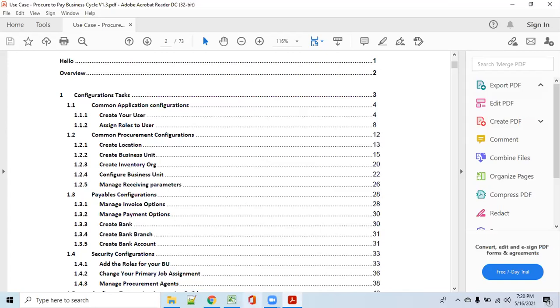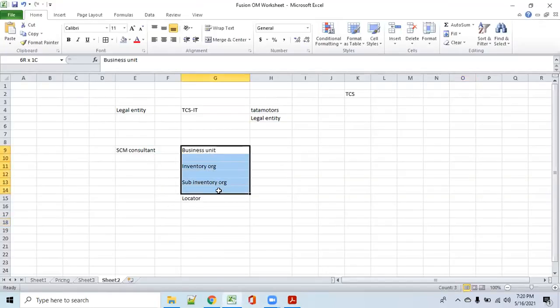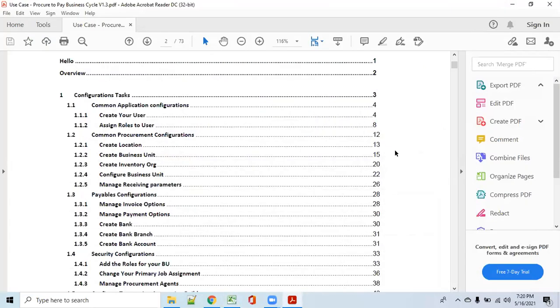Since I told you in the Excel that the BU configuration work will start from the SCM consultant, that is what the PDF also has, the test case starting from creating business unit. For creating a business unit we need locations.